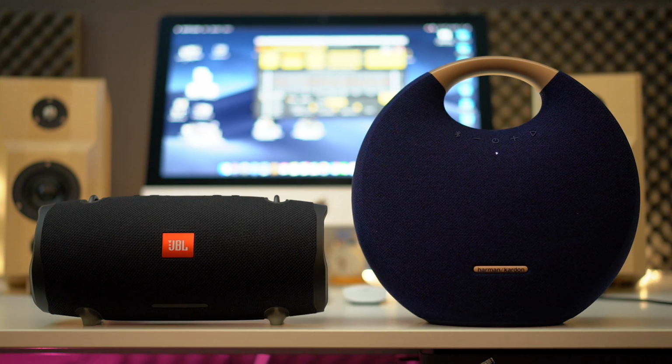The Onyx rather goes into the direction of the Go Play and sounds just as full-bodied, while the Xtreme sounds like a smaller speaker. But of course the Onyx Studio 5 doesn't only have advantages over the JBL. Of course the mono can sometimes sound more direct, which might be an advantage, but of course the stereo also was really helpful with